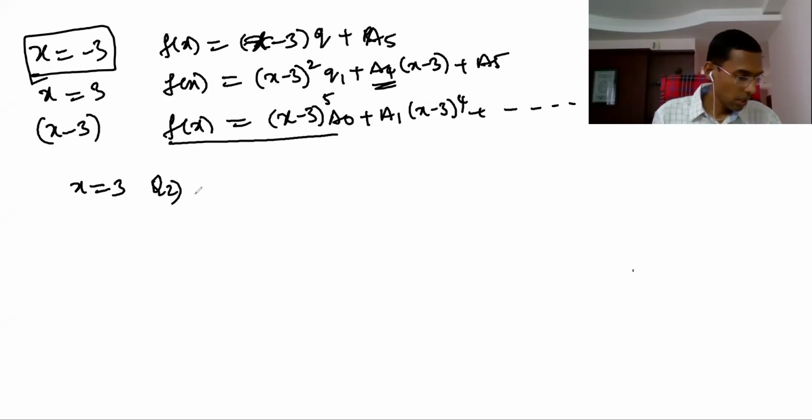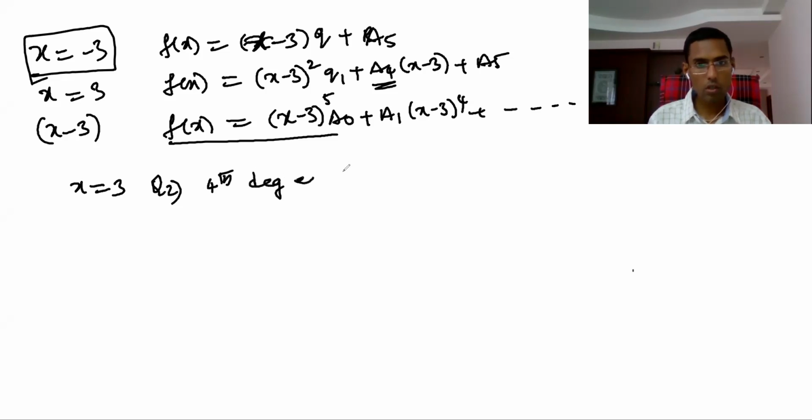The question is: find an algebraic equation of degree 4 whose roots are translates of the roots of 4x^4 plus 32x^3 plus 32